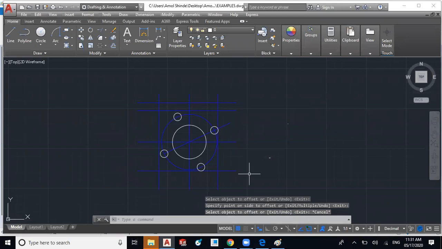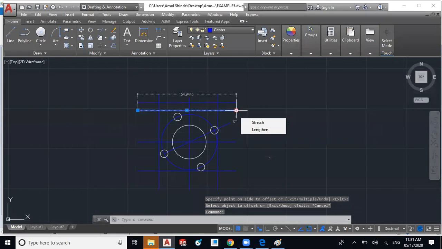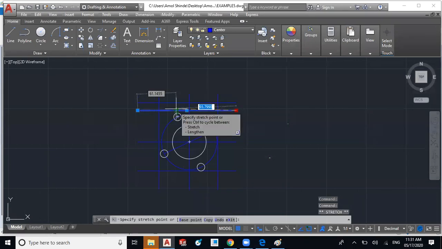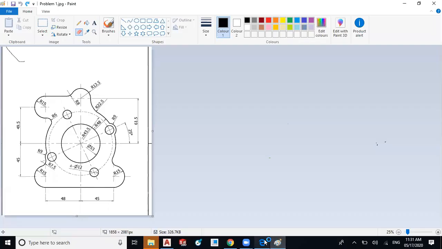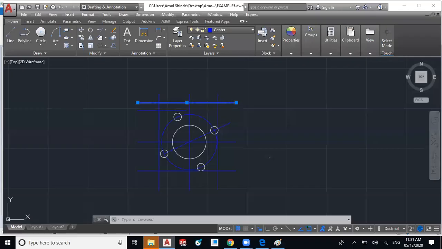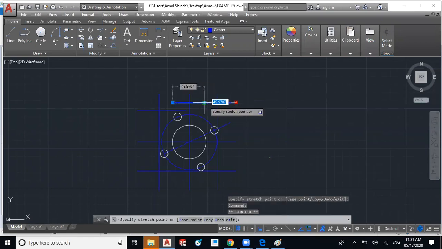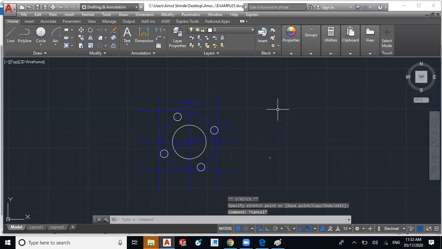So I will edit these lines before starting because it may create confusion. Okay, by using grip I have edited these lines.